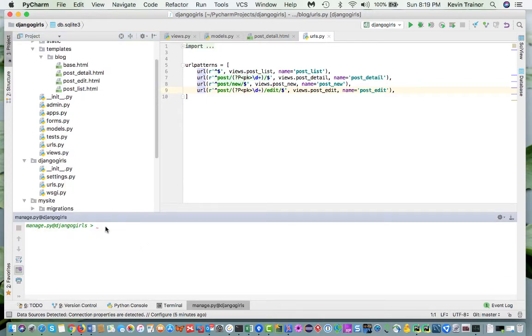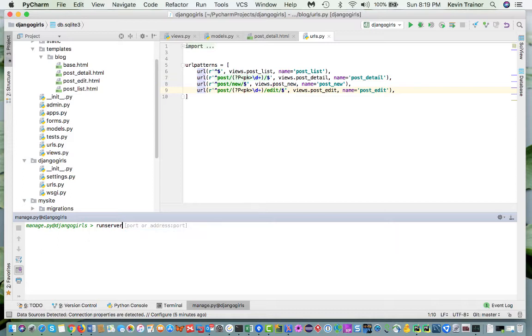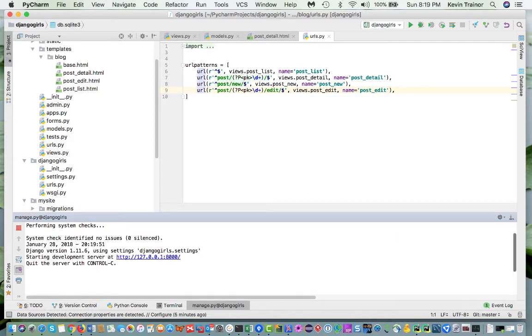Okay, and manage.py has a number of commands that we're going to learn how to use. One of them is to run the server. Another one is to do a migration of the database. A third one that we're going to use is to create superuser. But we can simply type in here, runserver. And you can see we get some help here. And the default port is 8000. So we're just going to press return. And then we're going to have to press it again. And if we watch a little bit, we'll see that it started up the